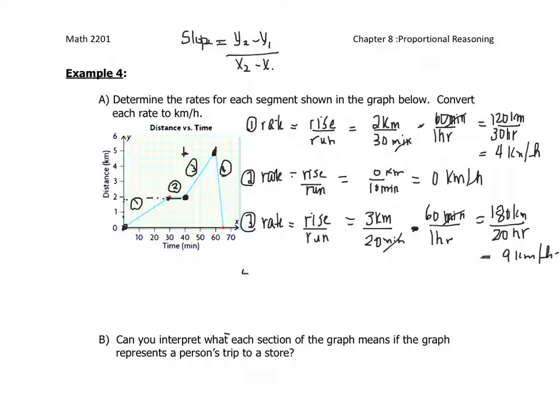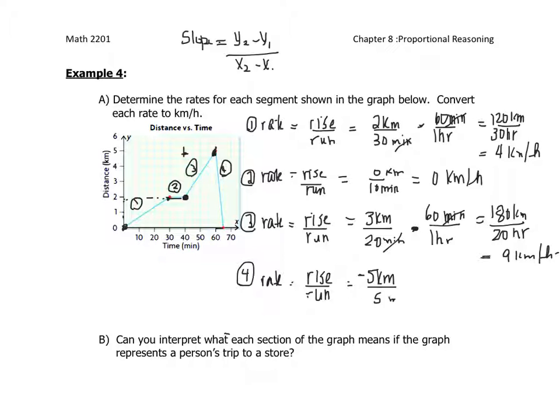And then the last one, the rate, rise over run. Your rise here would be from 5 down to 0, so that'd be 5 kilometers. And you're going down, so that's negative, over a positive run of 60 to 65 from here to here, so that would be